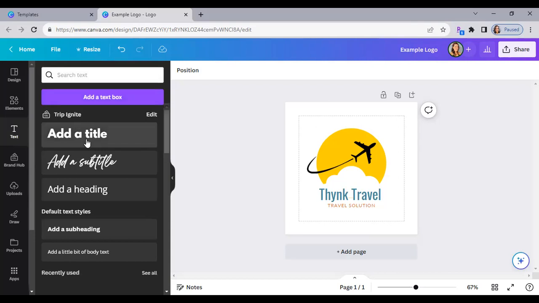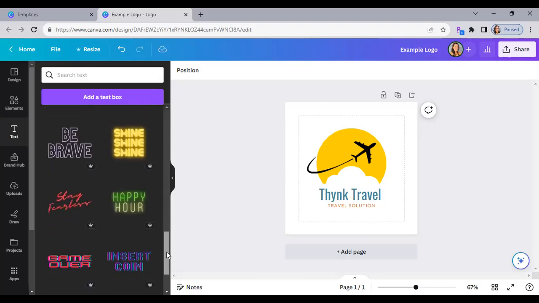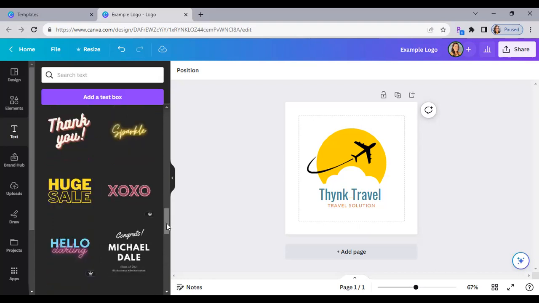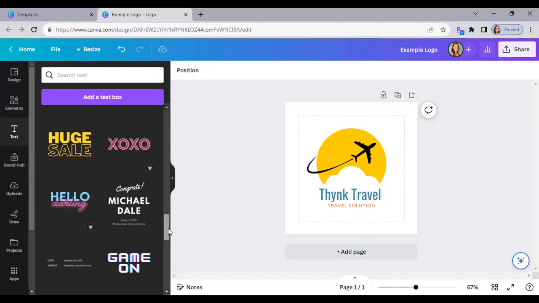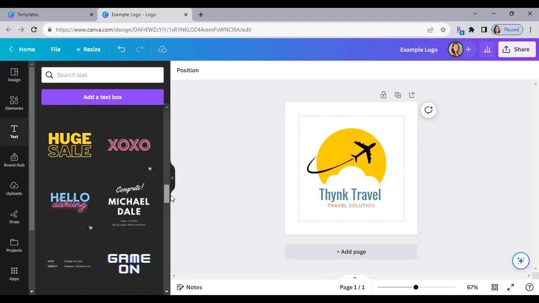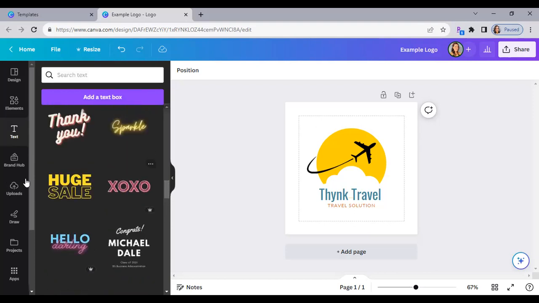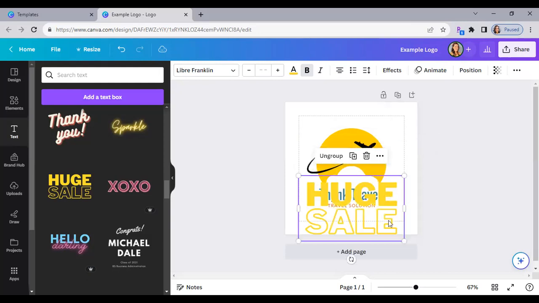This is where we can add a header, a title, a subtitle, and you even have different formats here to select. Maybe you're creating a flyer, maybe you're showing that you have a sale, right? So that you have some options here predetermined and you can change it up. So an example, I'm just going to click on this one and then it shows up here. And you can change, right? It's just a style. So maybe I don't want to say huge sale. Maybe I just want to,